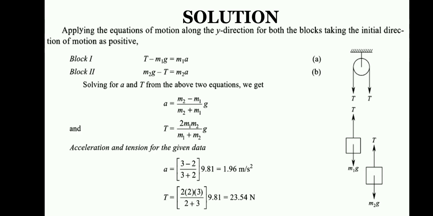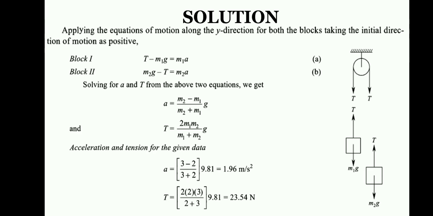Next, checking the free body diagram of body m2. The weight of body m2 is in the downward direction, that is W2 equal to m2 into g. Then the tension in the case of the second body is in the upward direction, T. The third is the free body diagram of the pulley. The pulley is wrapped by a string, so the tension in the string is taken as T. Here they are giving a frictionless and massless pulley, so the tension is common.